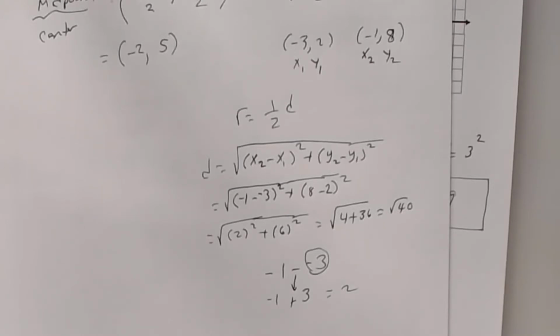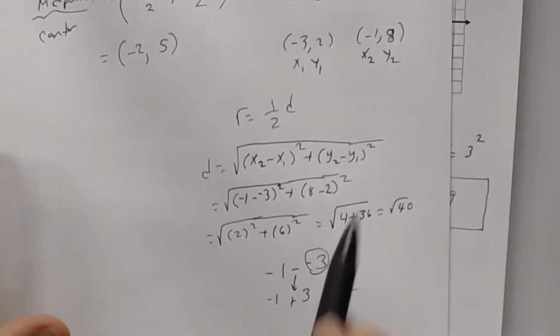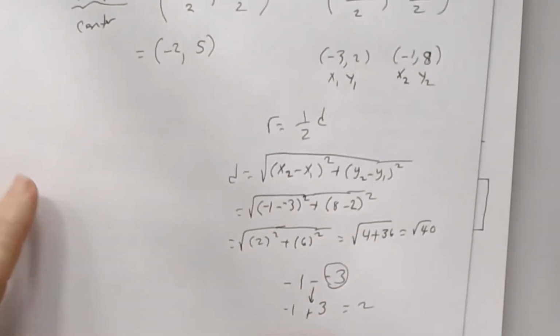Now it's different than what you did in that first worksheet. Because in the first worksheet, you were asked to simplify the radical, right? So if you had the square root of 40, you would have simplified it, correct? But don't do it here, because here's why. Watch what's going to happen. Okay. So it means that the radius, then,